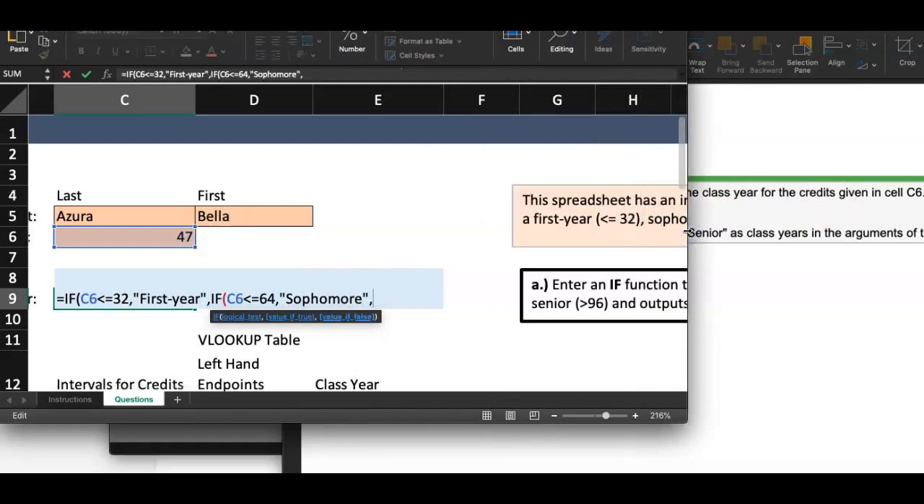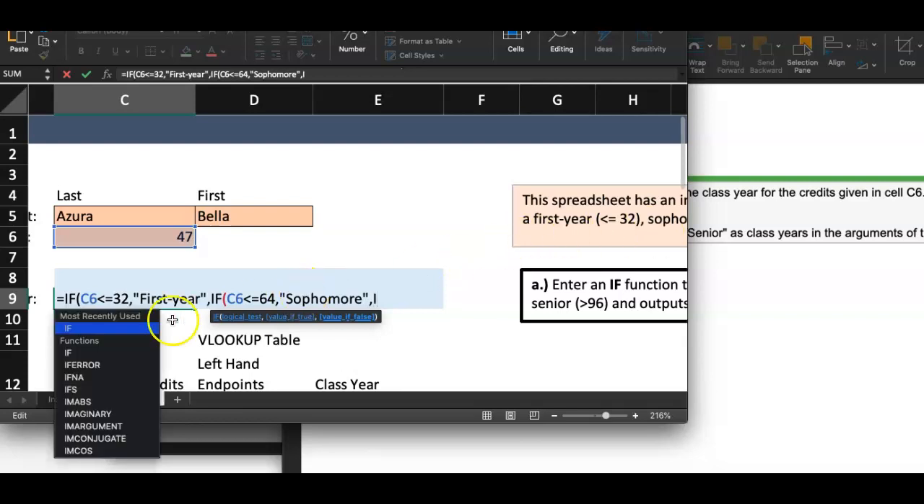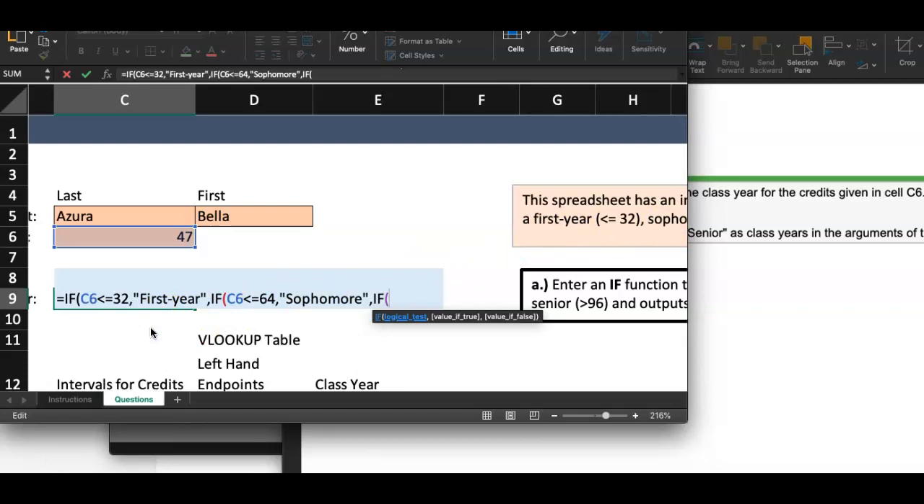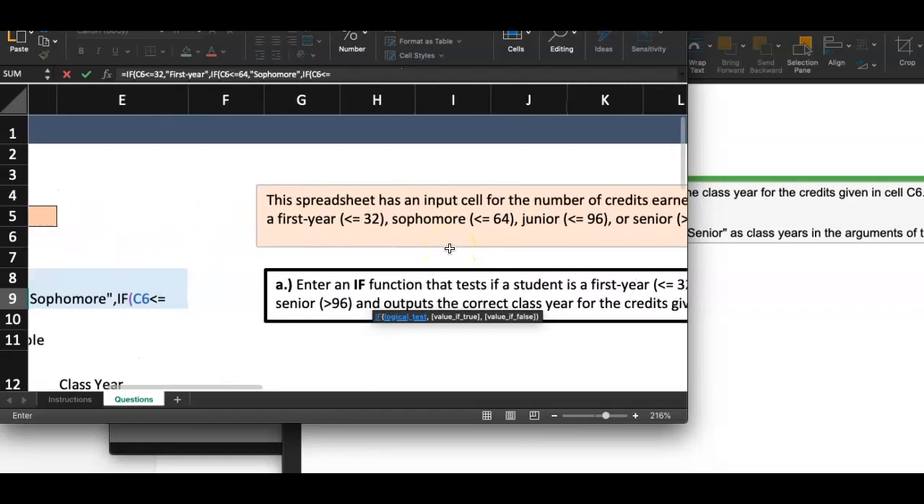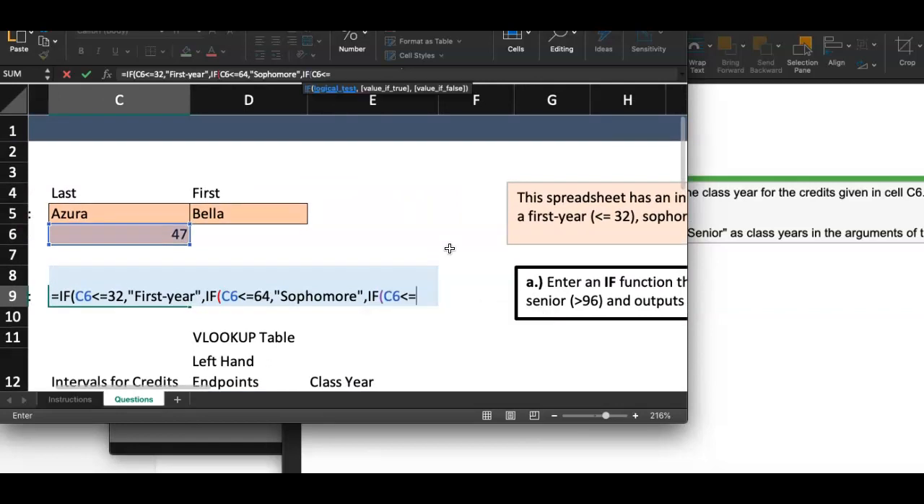Another comma. But look, if her credit is not less than 64, we're going to have to go on with this if function. So do another nested if function. And the logical test is check and see if this number is less than or equal to the next credit level, which was 96. 96, then the comma. And if this is true,